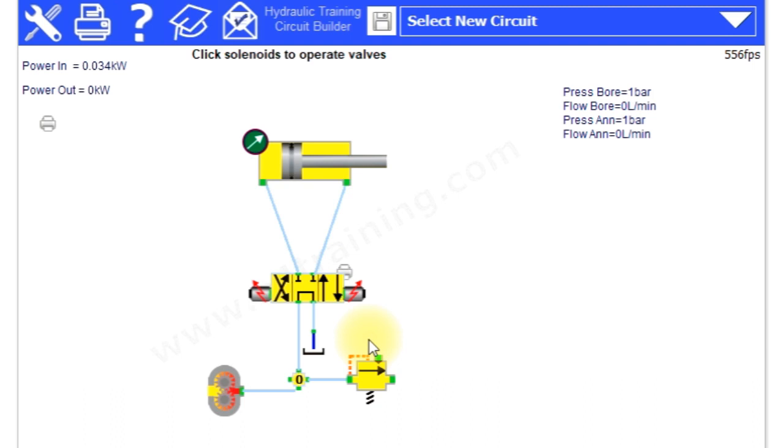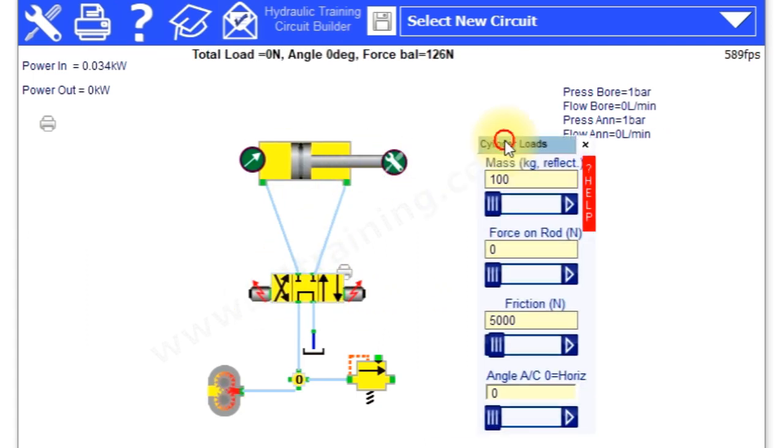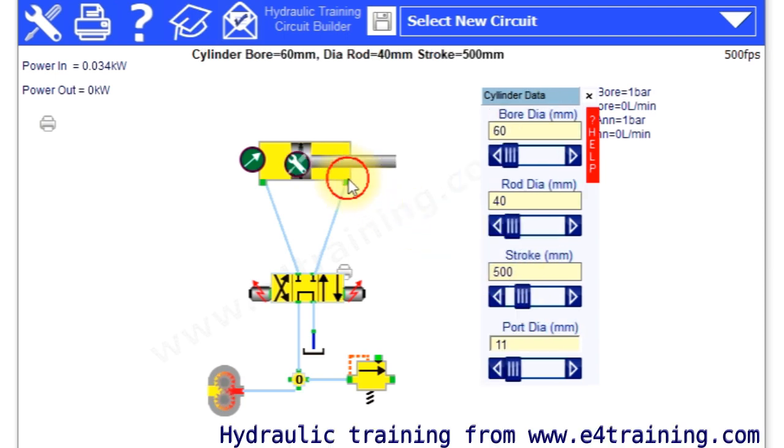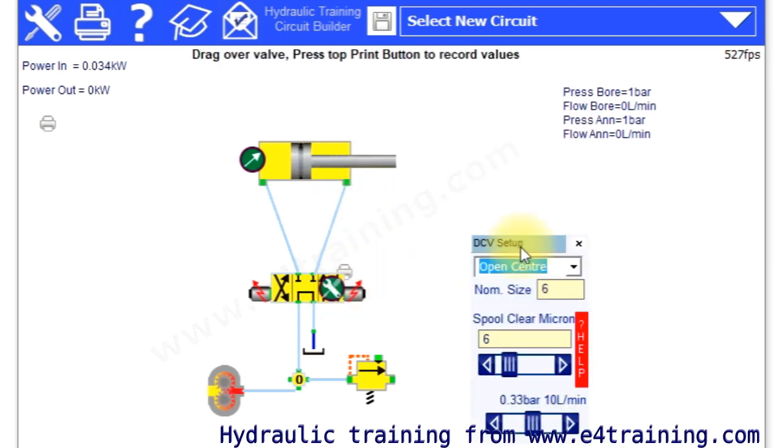I'd like to give you a quick introduction to our hydraulic circuit builder. This is a circuit simulation program that allows you to build and test a range of different circuits and hydraulic concepts. It's quite a powerful tool for learning about how everything works, and it lets you experiment. You've got a test gauge you can put on things and see how the pressures change. You can click on and change your loads, change your cylinder sizes, change your valve